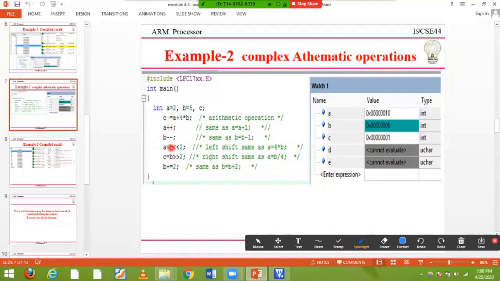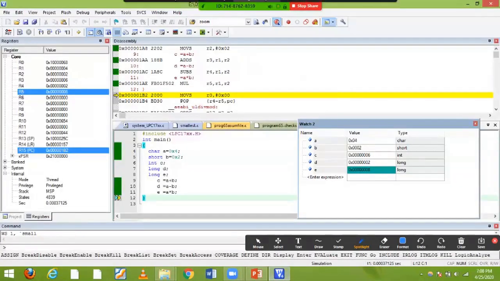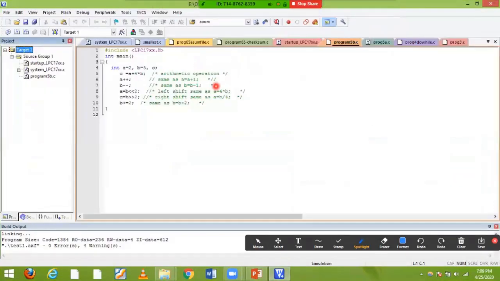So these are the instructions I'm going to use, because when it comes to highly efficient C language, we use these types of instructions. You need to know the respective assembly code for them. So now to see that, I'm going to write the program. Here you can see A value taken as 2, B value taken as 5, and C, all three taken as integers. What is the operation I'm going to mention here?